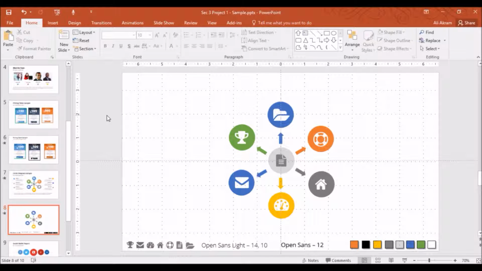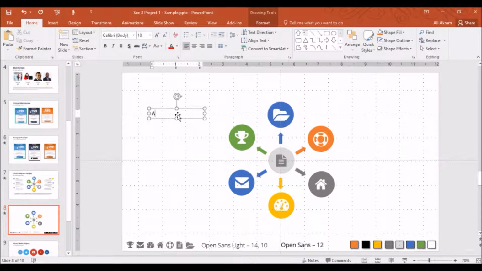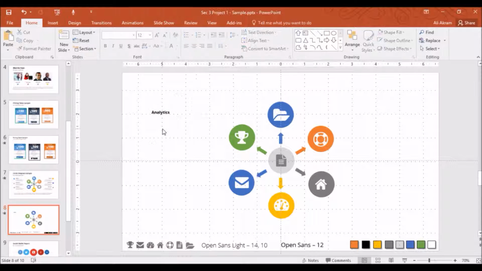Now we'll draw in our text boxes. Select the text box option and draw our first text box. Type in our text. Select it all and set the font to Open Sans. Make it bold and make the font size 12. Now we'll go to the lecture folder and open the file which contains our dummy text and select our first text,